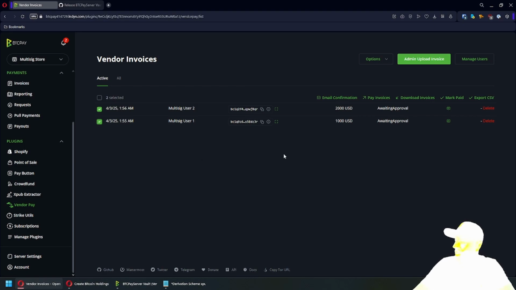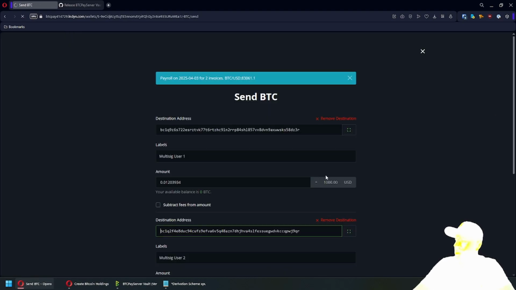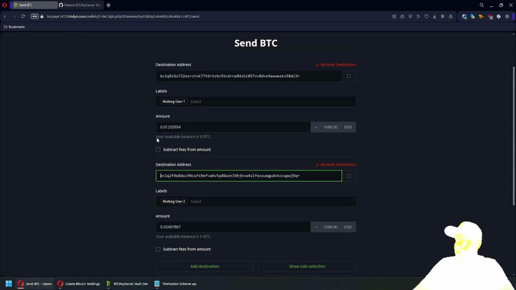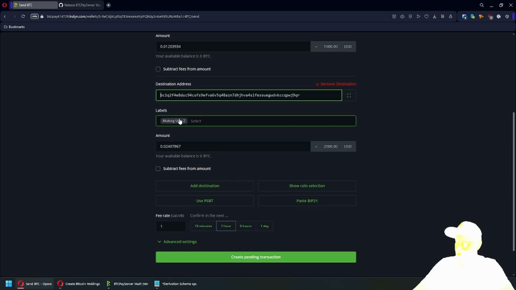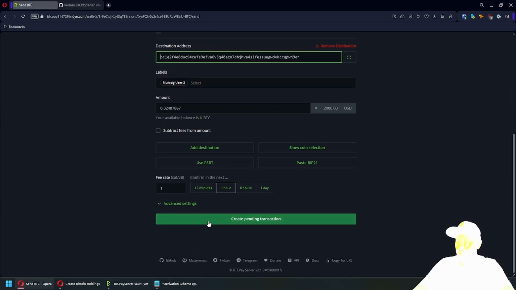Okay, yeah, I want to pay these invoices. When you go to pay, everything will be pre-populated, and now you can create a pending transaction that will be multisig. So when you're paying out vendors, you can have rules of 3 out of 5 or whatever